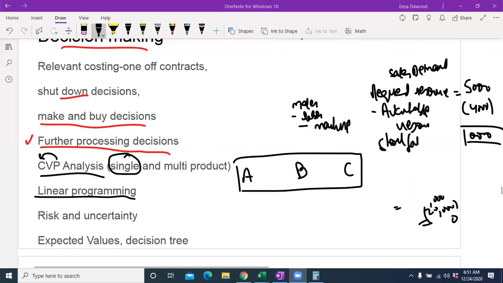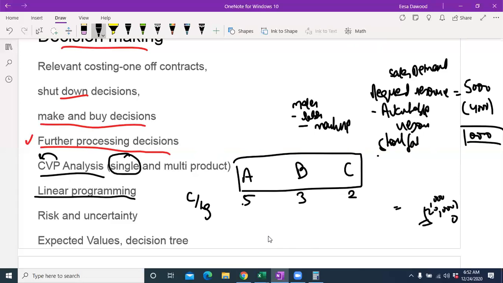So how many units do I need to make? I need to calculate contribution per kg. Okay, the product which is giving me the highest contribution would be the product that would increase the overall profit of my company. For example, the contribution per kg for product A is 5, for product B is 3, and for product C is 2. So definitely